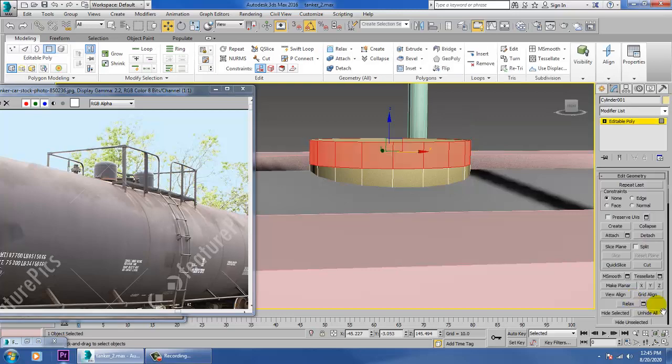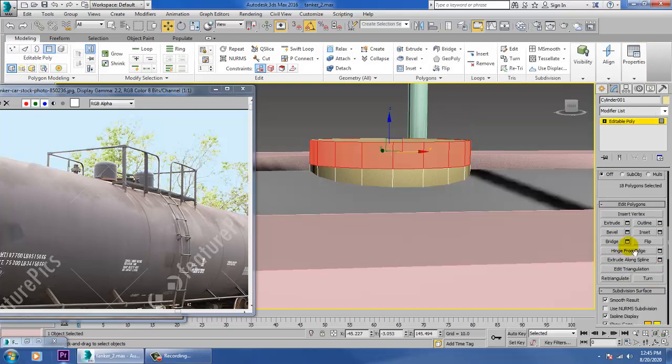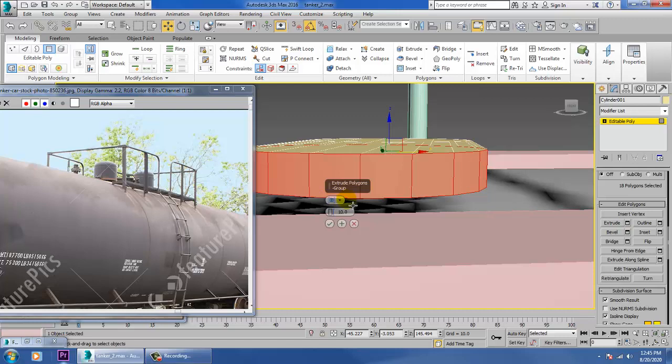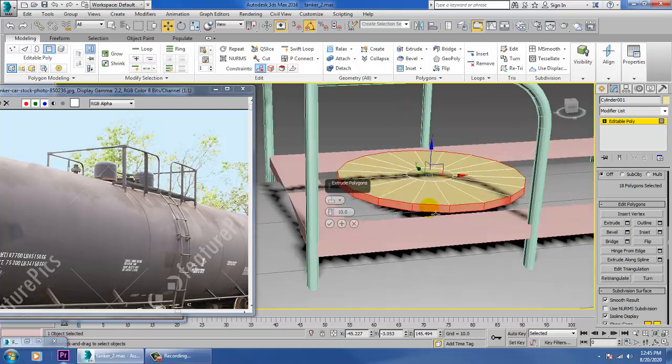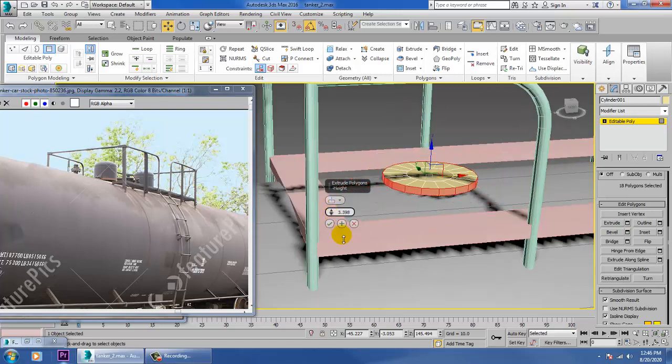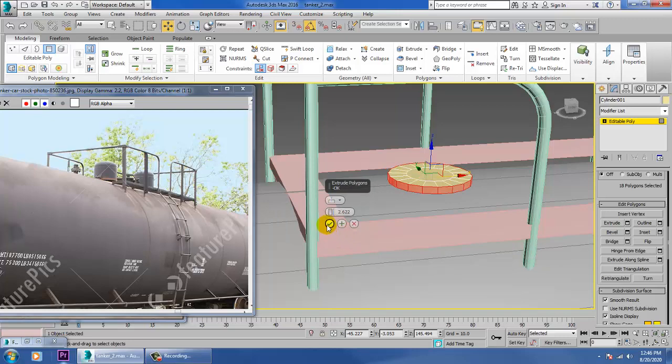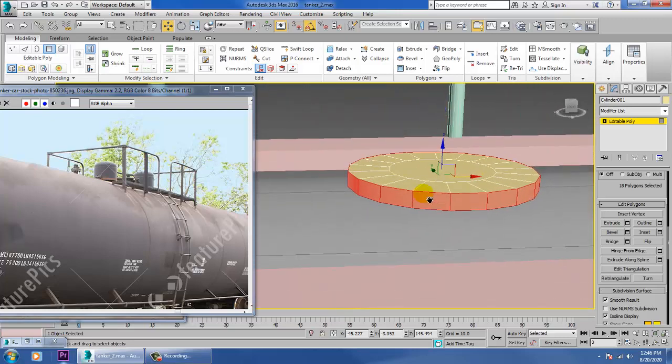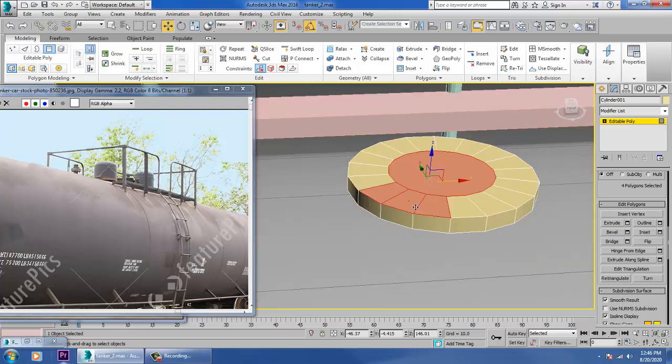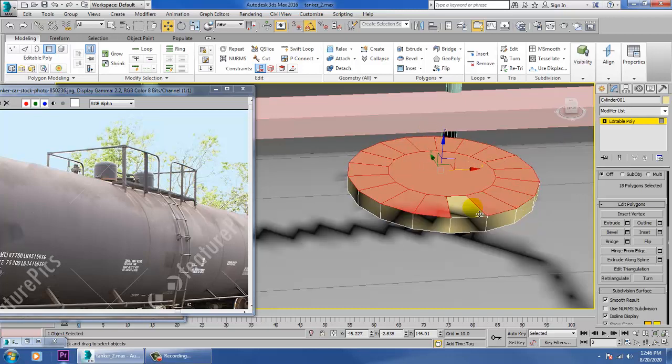And again extrude this by local normal. Select all this, polygons, and just extrude it up.